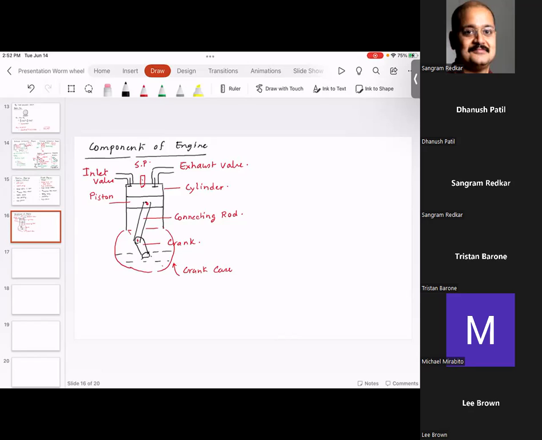Now piston has some grooves and there are rings. They are called piston rings. So these are piston rings. So the purpose of the piston ring is